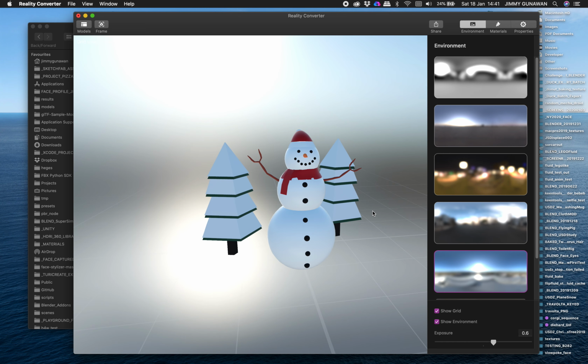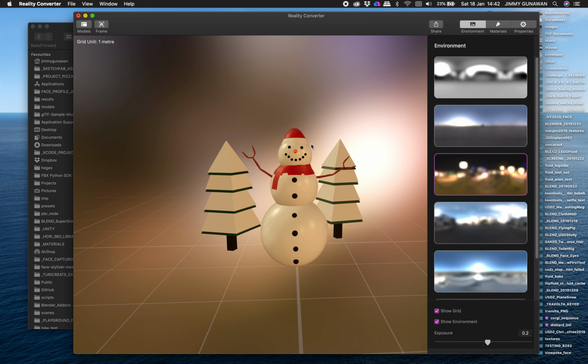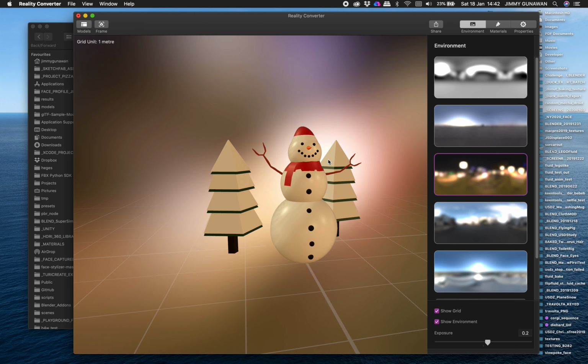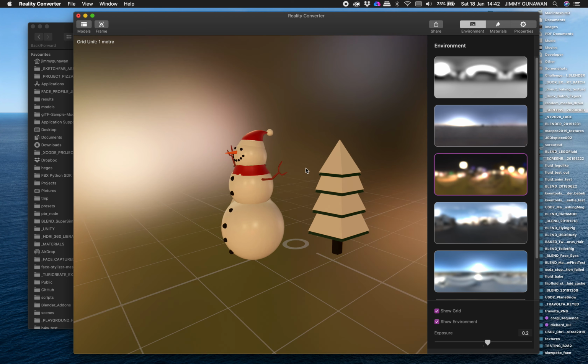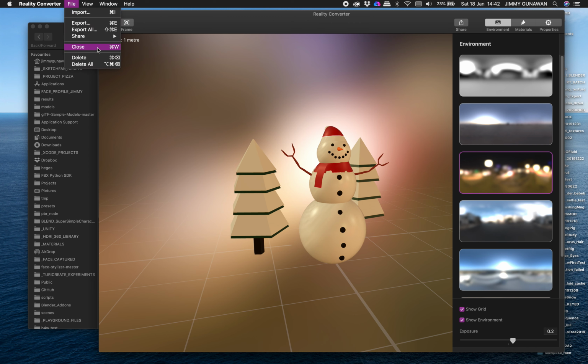Oh, this is nice. It's like a snow kind of environment. Play around with the exposure. I like the nighttime. If your object has emissions, do try this one, nighttime HDR environment, and you can test it out. And you can simply share it, file, export